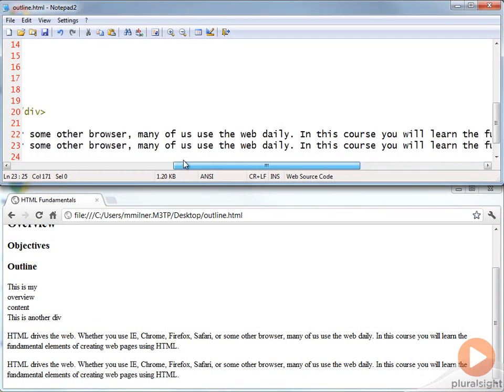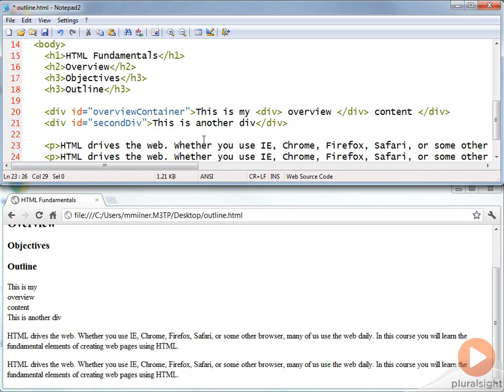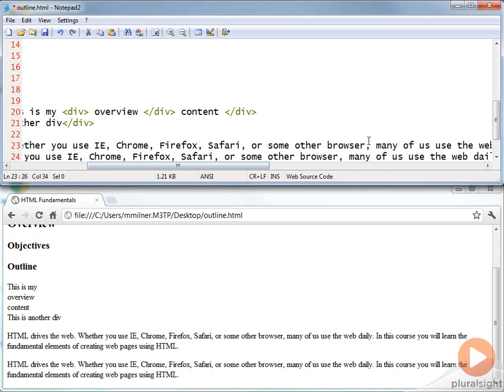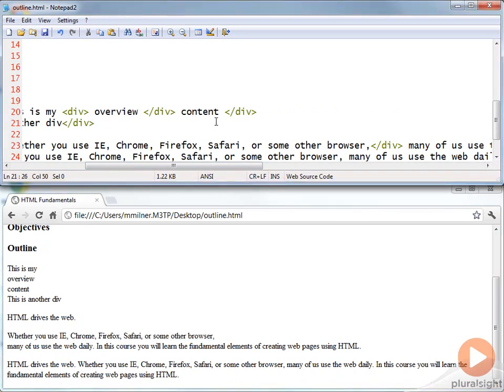Now, one of the things that you might think about doing is saying, well, I have this big chunk of text or this paragraph, and I want to change that up. Maybe I want to wrap something in here. I want to wrap this piece in a div because I want to call it out in some way. We'll save that. Now, the browsers, as we've shown previously, will do their best here to try and help you out. So you could see because it's a div, it got rendered as a block on its own line. And we see a break there. It's just a little weird. But if we take that content,